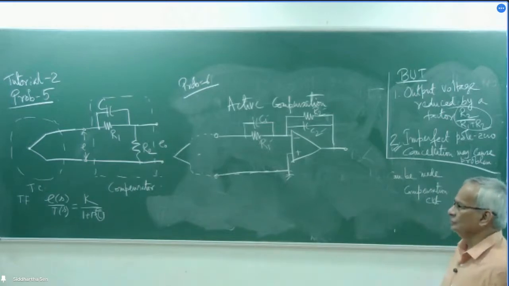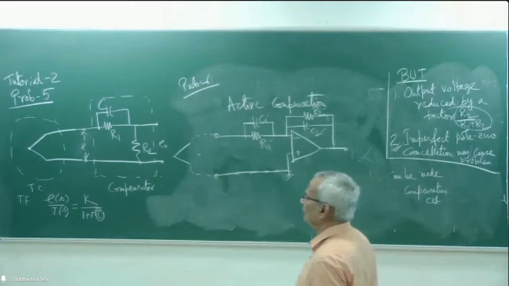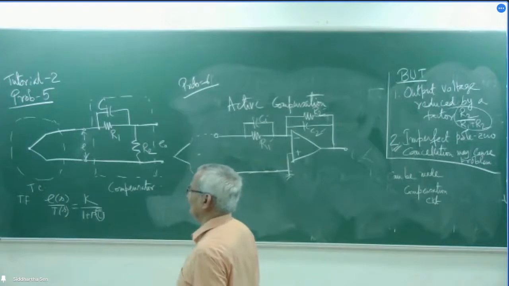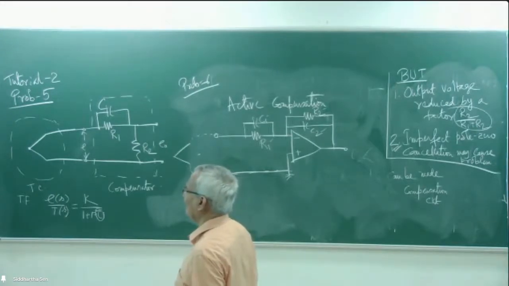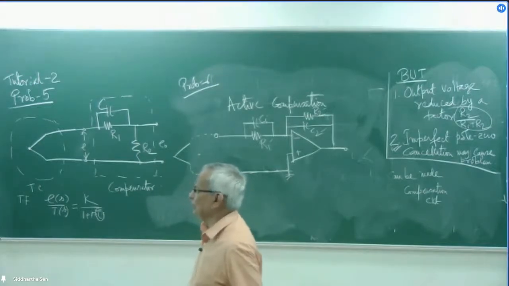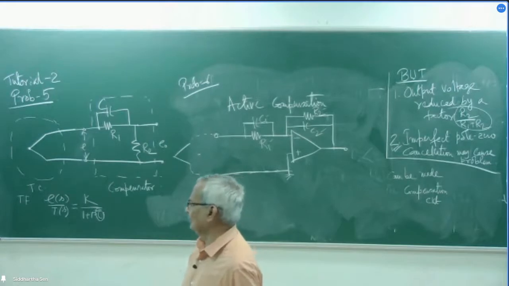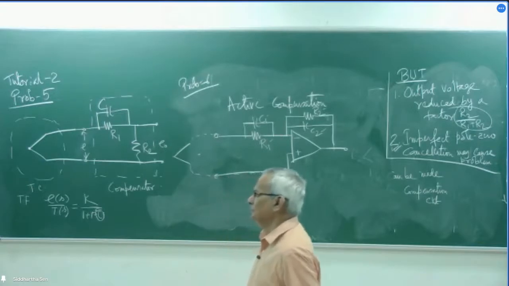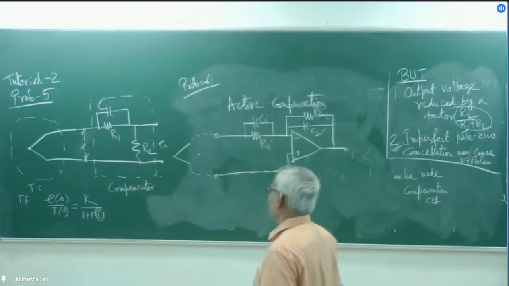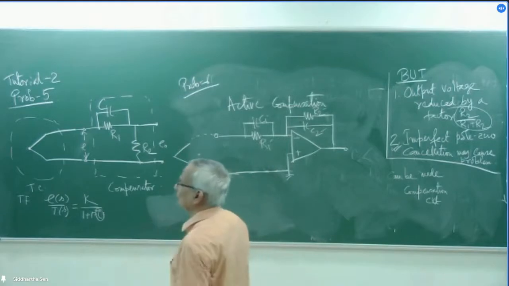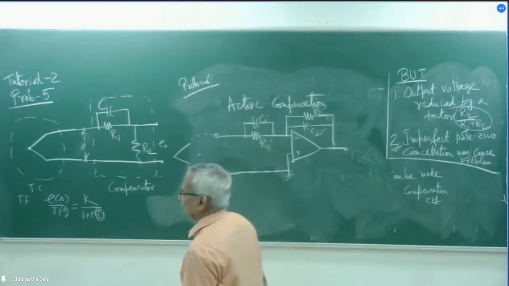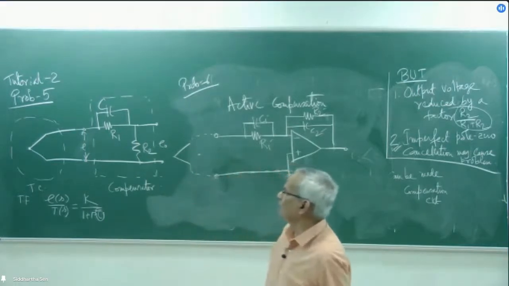Okay? Sir, how did you decide on this kind of arrangement? How do you decide, meaning? Sir, for example, you kept R1 and C1 in series and in this way. Definitely it's not a unique one. I am just proposing one. Definitely you can have any other circuit also. You have studied it in networks and so on. I am just showing you a simple circuit that will achieve that. Yes, sir. Okay. Any other question?